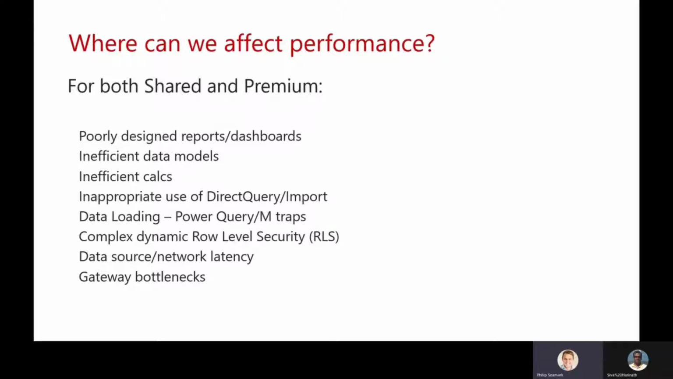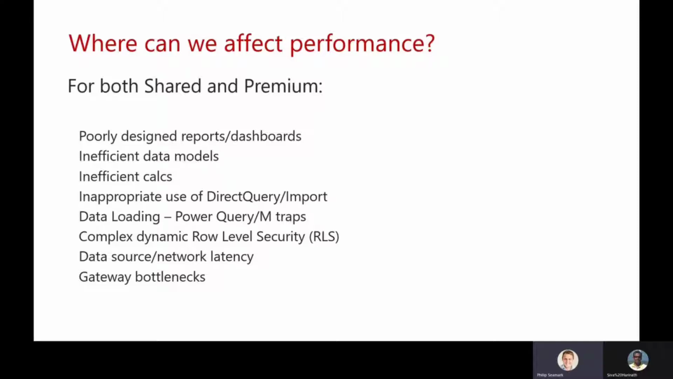So what are some of the areas that we can influence and affect performance for both shared and premium? So, poorly designed reports and dashboards. Perhaps what we're talking about there is the visual layer, the relationships, the number of visuals. These are the sort of areas we're going to be talking about. Inefficient data models. The relationships, the number of rows, the number of tables, all these things can influence not just query speed, but how long it takes data to be loaded into the model and the size of the model at rest. Inefficient calcs, DAX expressions that can be a lot more complex than they need to be,